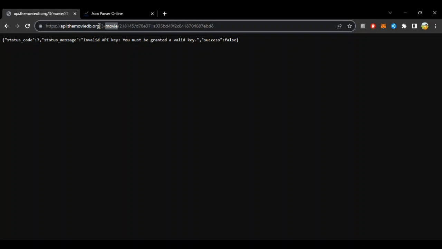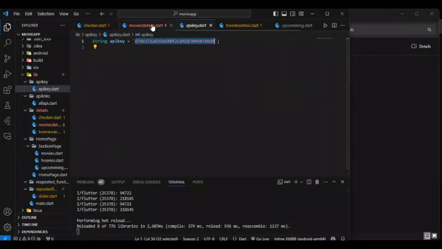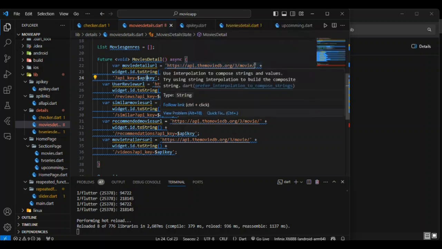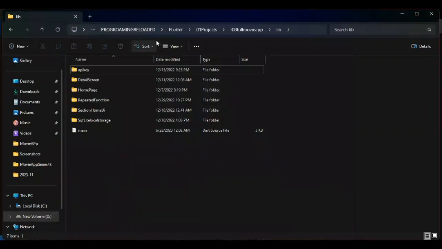Okay, it's not working. The movie API, wait, there's something more. API key equal API key. I forgot the